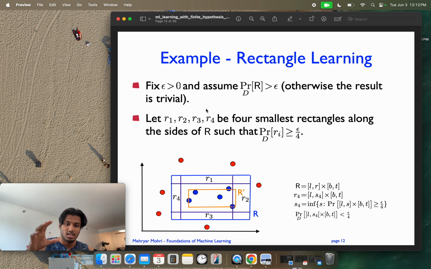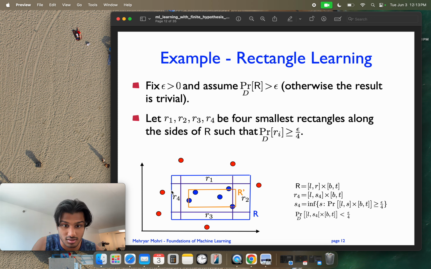Otherwise it's trivial, because if the entire thing is so small, that the measure of the area of this rectangle itself is less than epsilon, then that doesn't matter, because you'll always be less than epsilon, sure, right? That's like saying that if you have a sample which has 99% positive labels, then all you need to do is just output positive and you'll always be correct like 99% of the time. So assume that